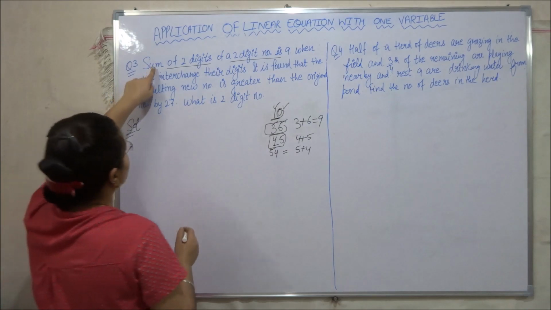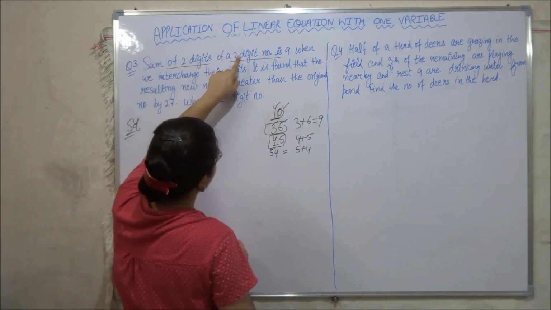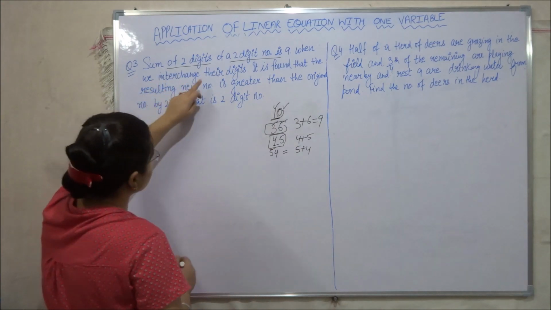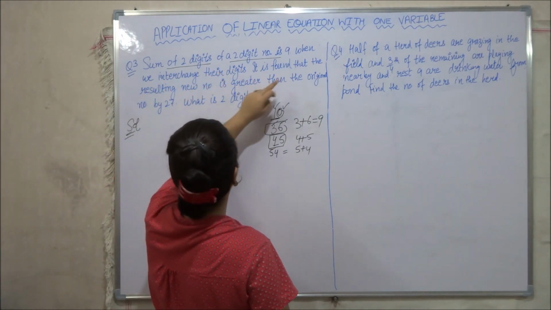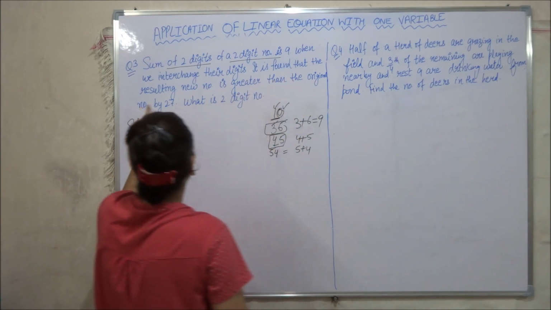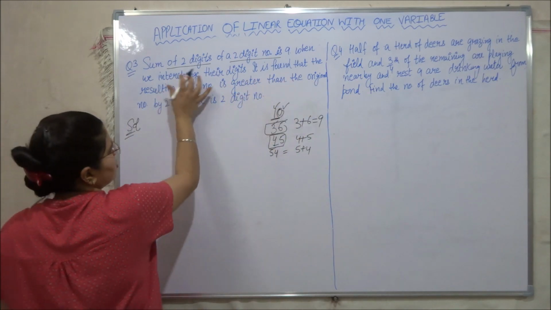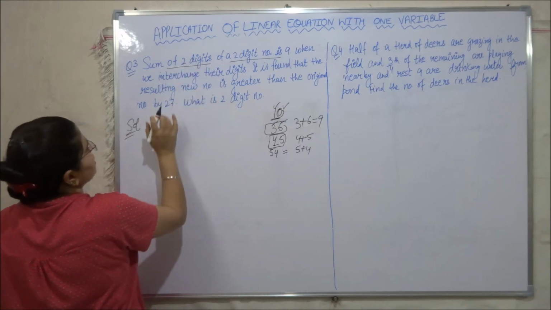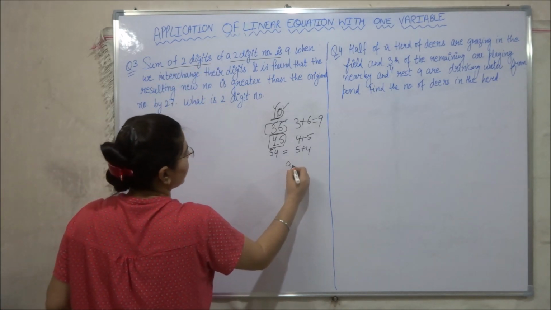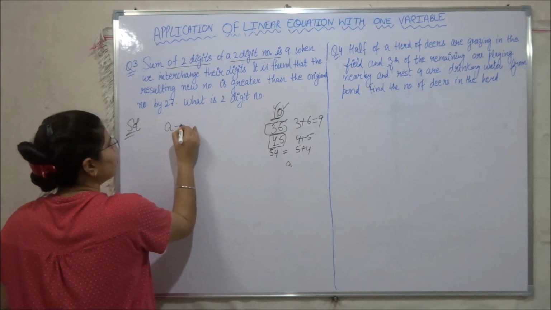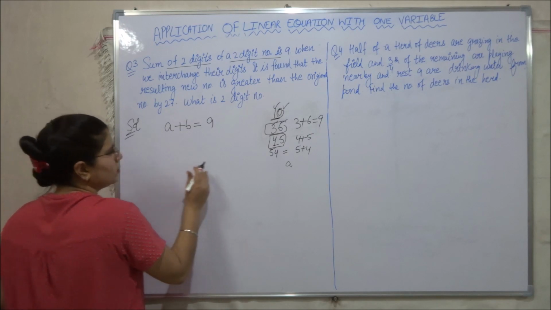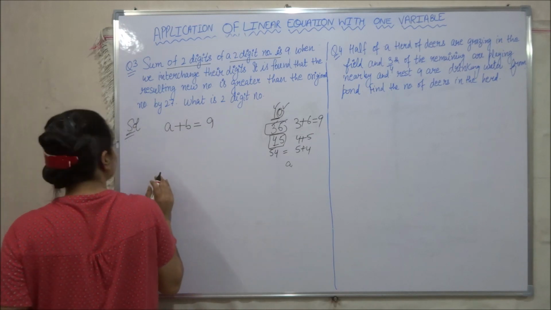So it is given to us that sum of the two digits of a two digit number is 9. Then when we interchange their digits, it is found that the resulting new number is greater than the original number by 27. Now first of all we write the first condition, that sum of two digit number, like these two digits are A and B. So sum of two digit number is 9. So we can write it